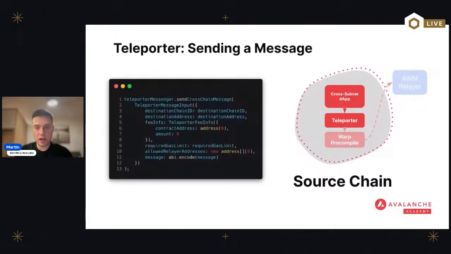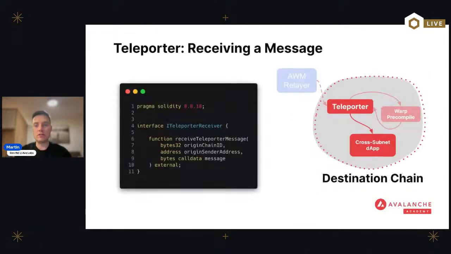So we've sent the message now, right? We called that function. The message is on its way. The relayer will do its magic. So what happens on the destination chain? You can see here this interface, ITeleporterReceiver, is all we have to implement in our cross subnet dApp, right? So it has only a single function. If you may be familiar with JavaScript, you can think of it as a callback, right? So you define this function, and when a message is delivered to you on the destination chain,